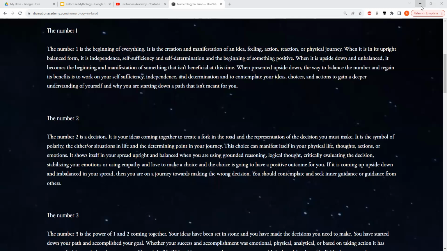So there's so much to the number one. A lot of times when people are reading, they just think about number one as starting a new job, starting a new career, having your first baby, all these firsts and new journeys that we can start. But in dice reading, because you are reading the number in its entirety, this number all on its own, without any other context, has to be able to read the person as a whole.